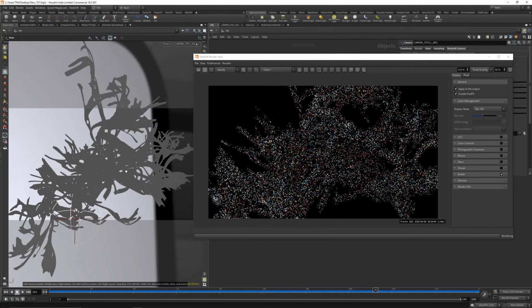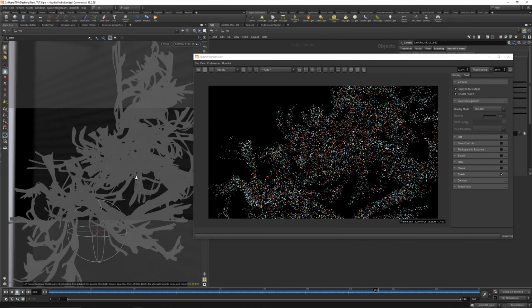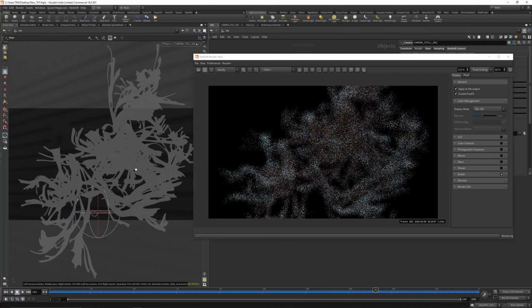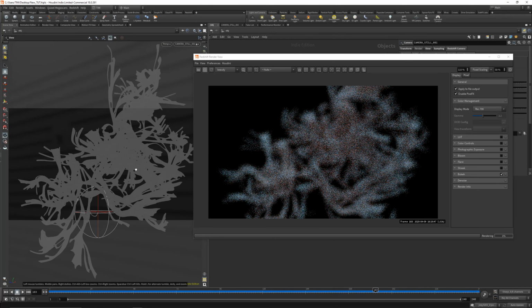And now of course you can play with the materials, play with the lights. I will let render this out and play a little bit more, and I will show you a frame in the end. And I hope you liked this little tutorial,